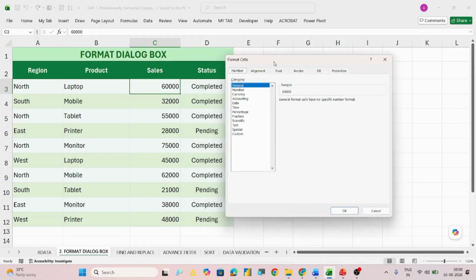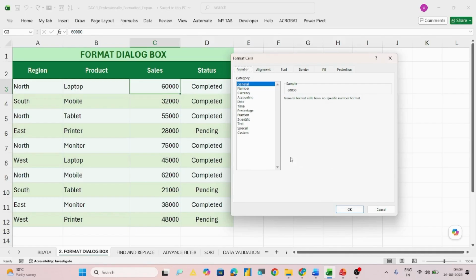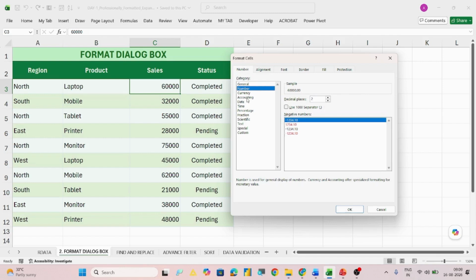The moment you open it, the dialog box appears. Now you have to change the currency. So there is an option. First is General, second is Number, wherein you can format the number. If a negative number is there, it appears in red color or with a negative symbol in red color. So it is mentioned here also. You can put a comma separator also, and here you can see the preview. You can also change the decimal places.